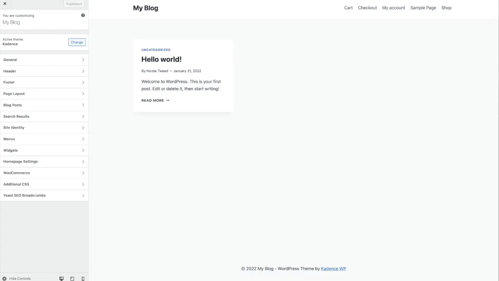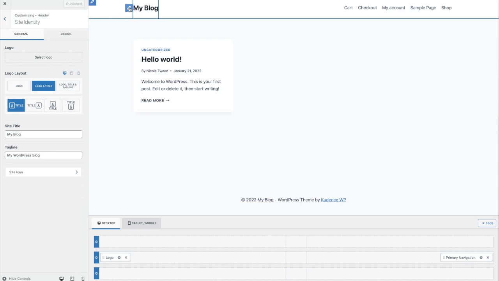Okay, so I am back in the customizer, and the first thing that I want to do is to add a logo to my header. So I can either come to header here, or I can come up here and click on this little pencil tool. That's then going to bring up the header builder,